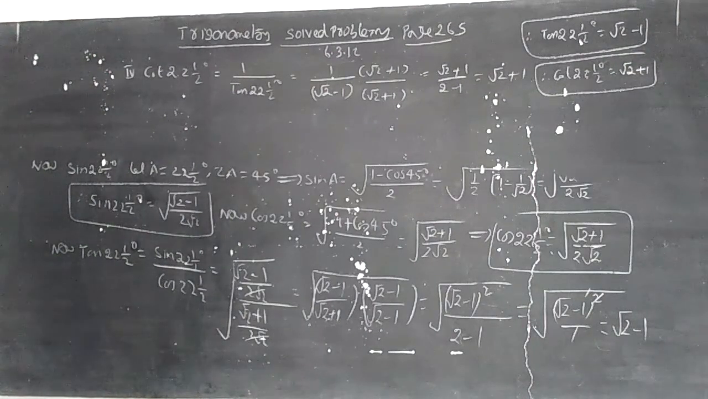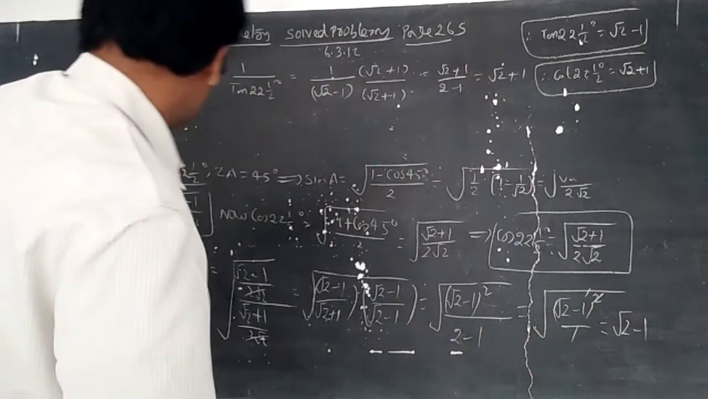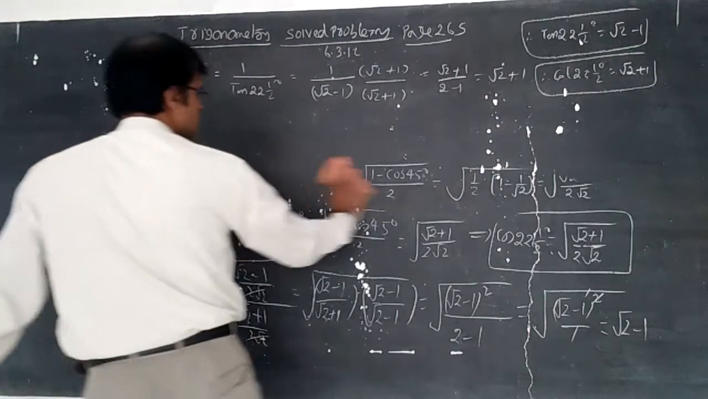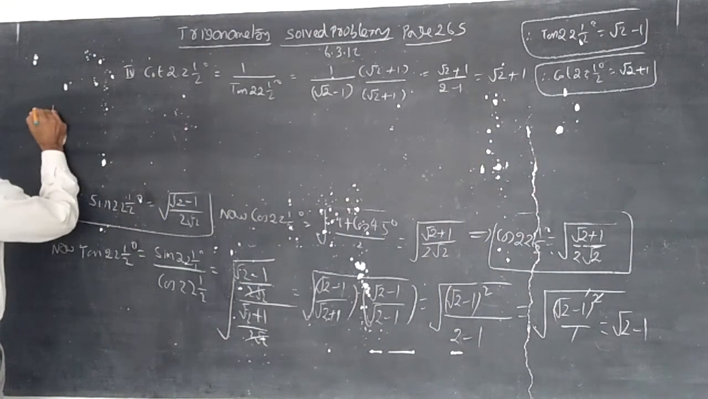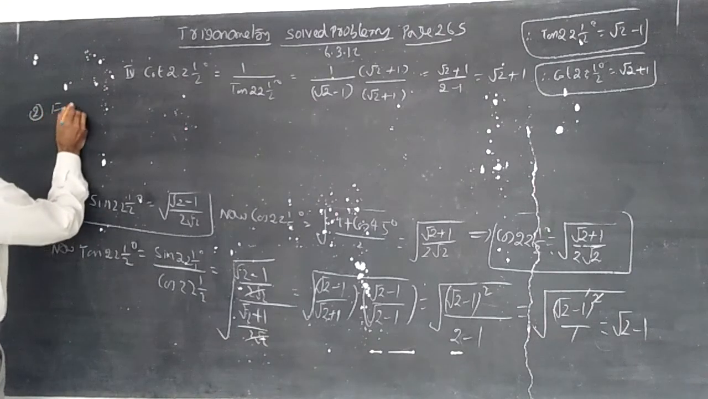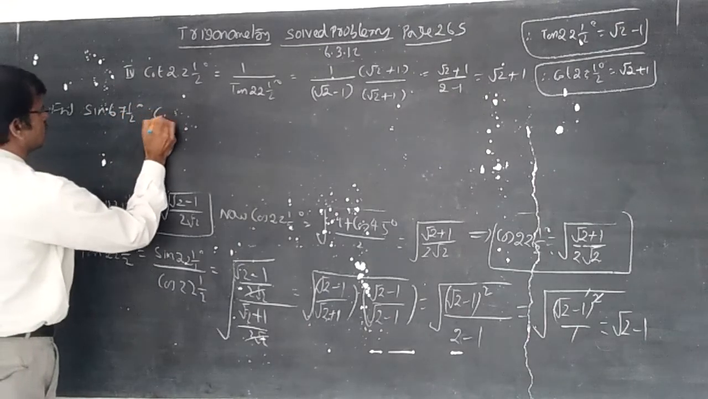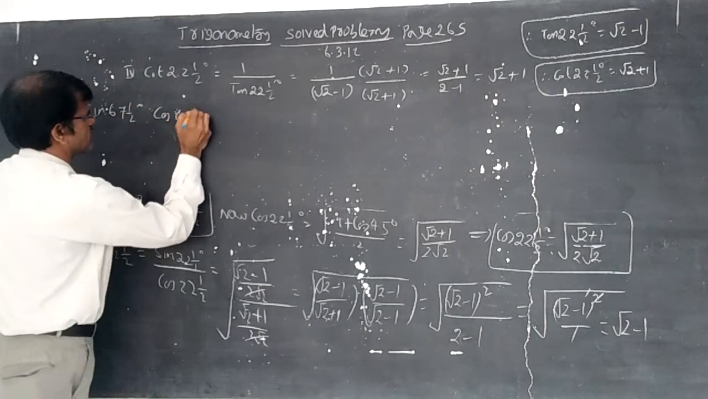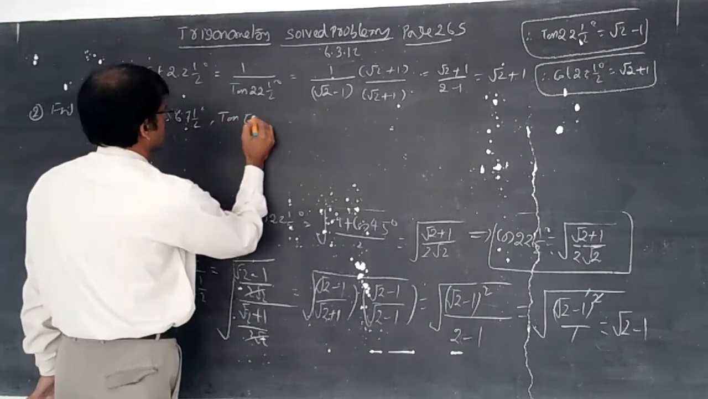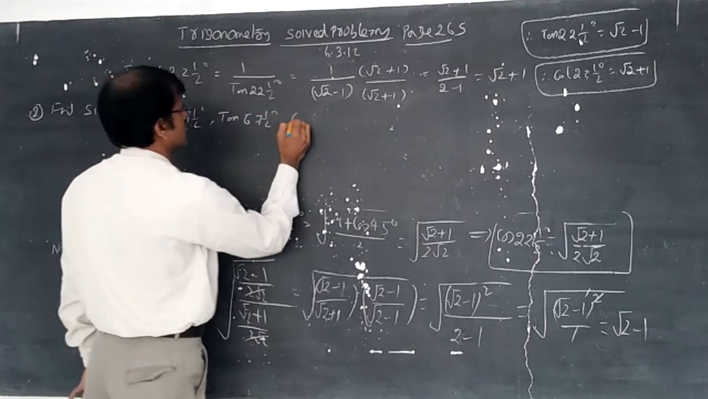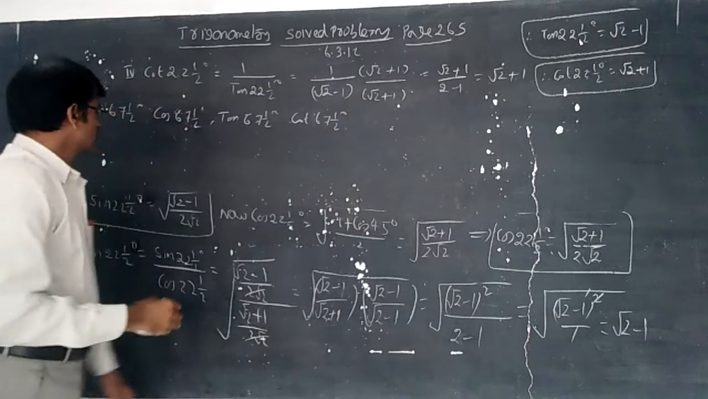67½. In the similar way, the second question is the 67½ concept. Of course, by using sin theta is equal to cos (90 minus theta), like that we can calculate. Example 2: find sin 67½ degree, cos 67½ degree, tan 67½ degree, and cot 67½ degree. Now